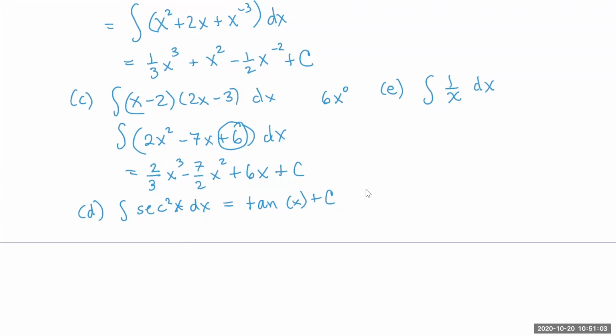Yes, very nice, ln. But because of domain restrictions, whatever you have, the antiderivative of 1 over x is going to be the ln of absolute value of x. That's going to become more clear when we go into differential equations, why that absolute value is there, and when we solve for exponential growth and decay problems, things like that. But the antiderivative of 1 over x is ln of absolute value of x plus c. I'm not going to go over all the antiderivative rules, but you're just going to think of it